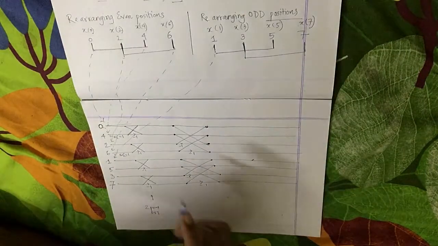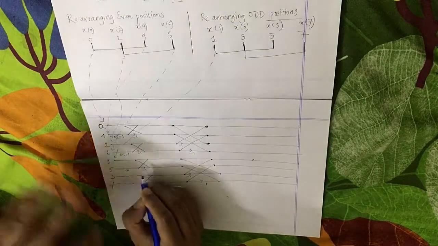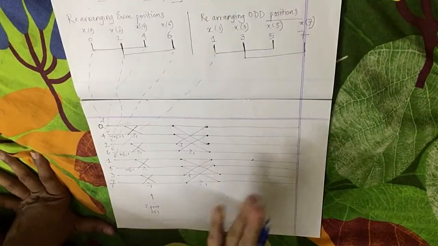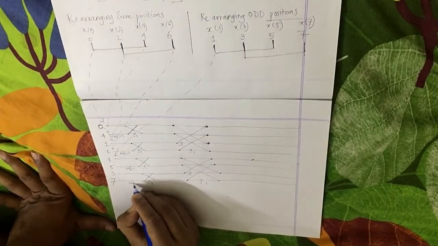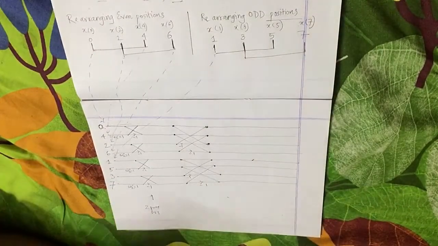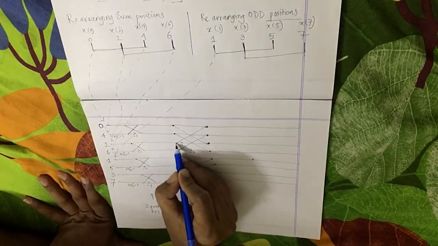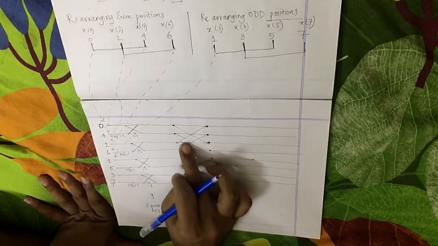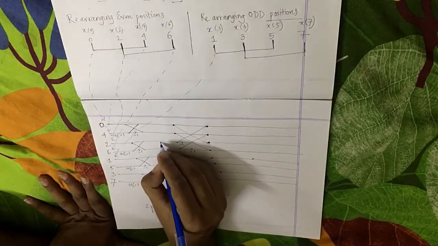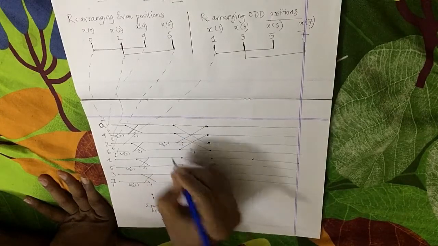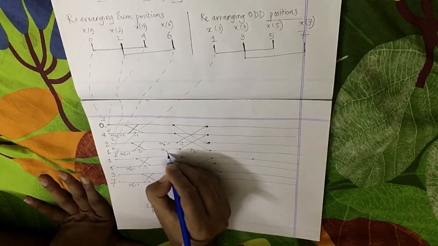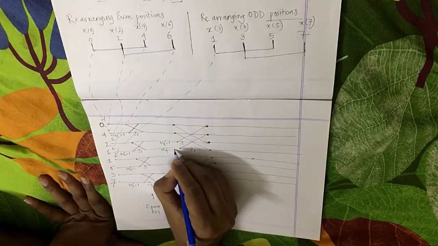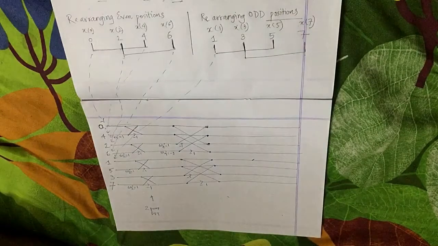Okay, here also we need to write. Even if you don't write for 2-point DFT, you will get the same answer, no problem. But for 4-point and 8-point, you have to write, it's a must. So W2 to the power 0 is 1. Here you need to write in this line where this -1 is getting multiplied. You have to write W4 to the power 0 is 1, and W4 to the power 1 is, observe very carefully, this W4 to the power 1 is -j.